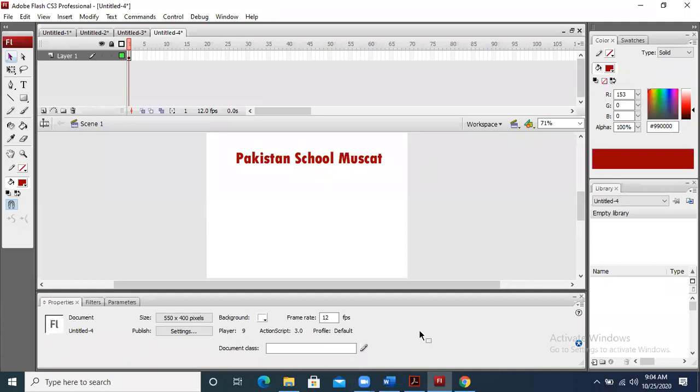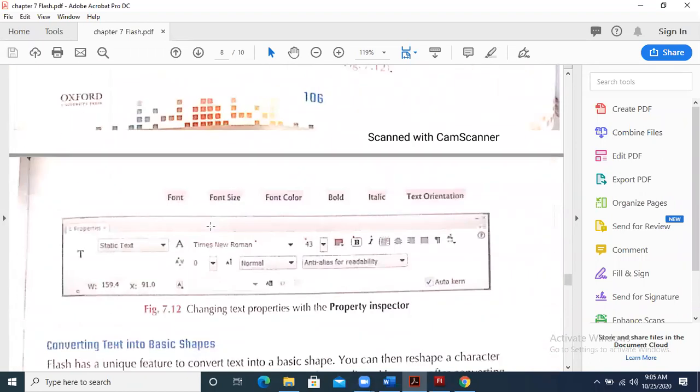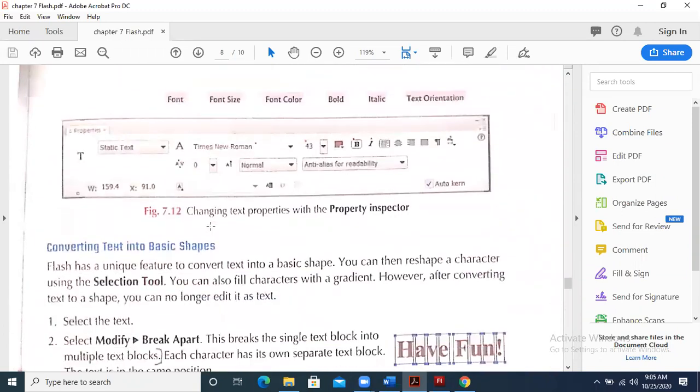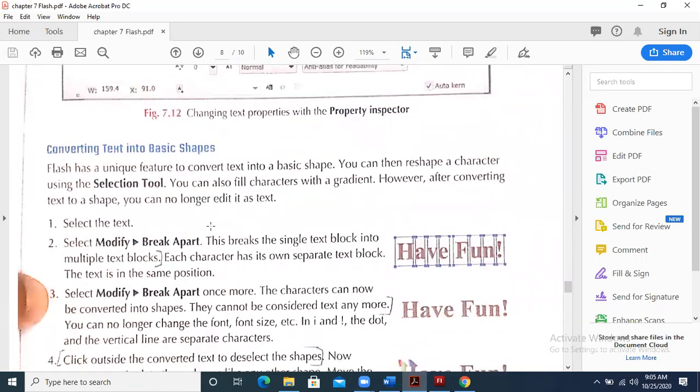So in your book, it is written that if you want to do this, you are going to apply break apart on it, and they all will be separate. But keep in mind why we are making them separate. This is the property window I have already explained. We are making them separate to convert text into basic shapes.